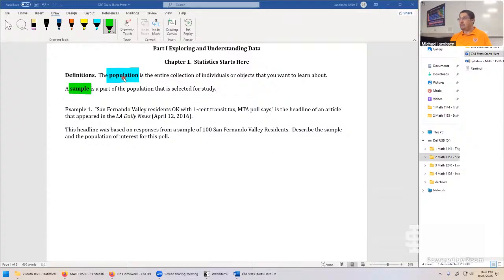It could be things manufactured on a process, maybe things even more abstract than that. Trouble with populations, though, is sometimes they're tricky to work with, they're expensive to work with, or sometimes they're really very big.